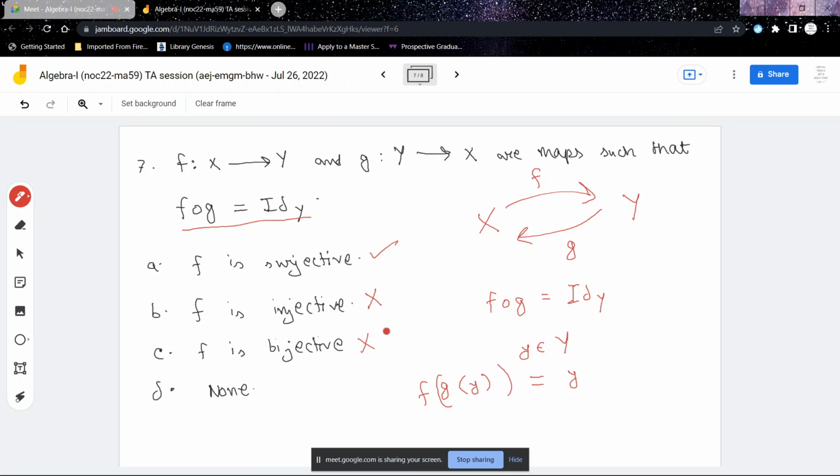And one way to show this is just using the axiom of choice, right? So what you do is you have this map, right? So let me